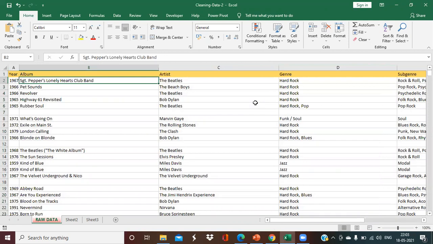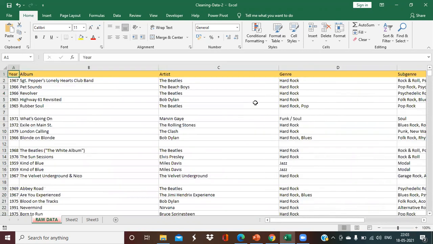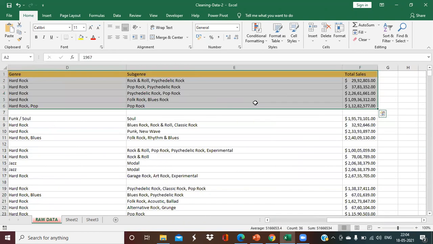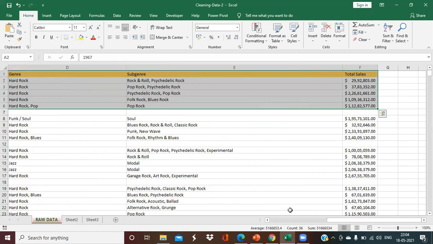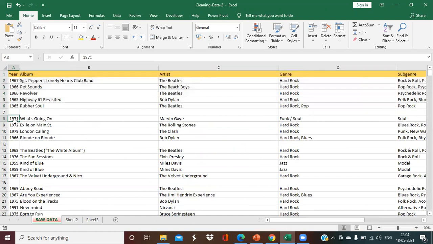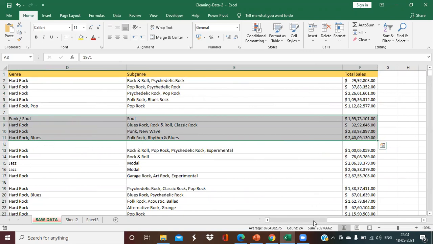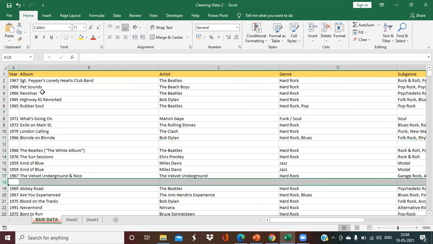What next? I don't want any pre-formatting applied on my data set. For that, I can press Control A, which is the key for selecting all the data in my sheet. But the problem is that due to the blank row, it selects only the data before the first blank row. If I press Control A once again, it selects the data in the next part before a blank row. So how to handle these blank rows? That's a very big issue to handle. Let me tell you.